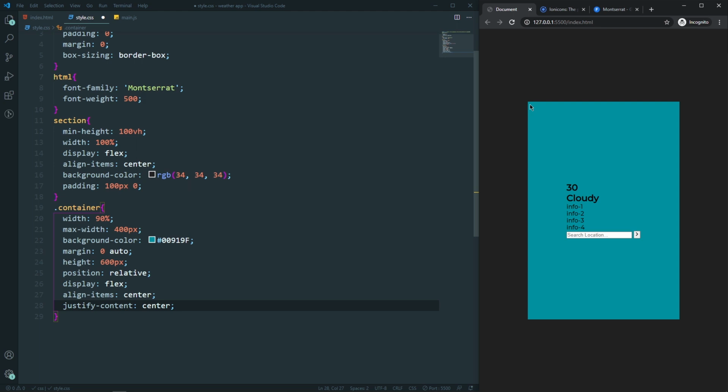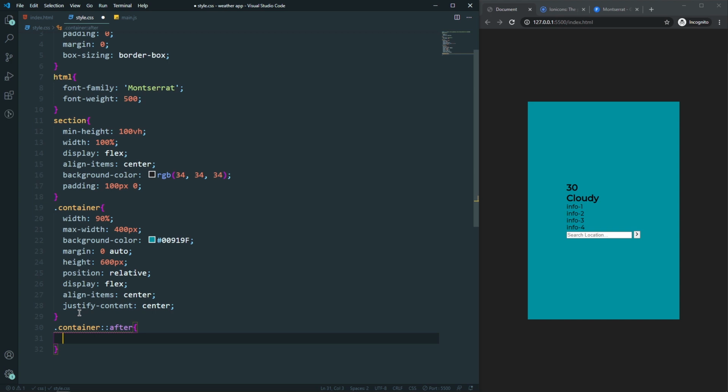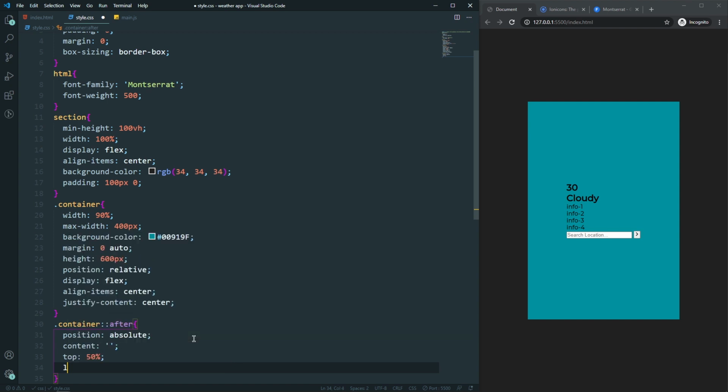So after that, I will have a background inside this container instead of this color, as you can see. For the background, I will use a pseudo element here. So let's come here in the container and create a pseudo element, which will be the after, and let's say that the position of the pseudo element will be absolute, and that's why I positioned this container relative, because I am positioning the pseudo element absolute. So after that, the content of the pseudo element will be empty, and also let's say that the top will be 50%, and also the left will be 50%,